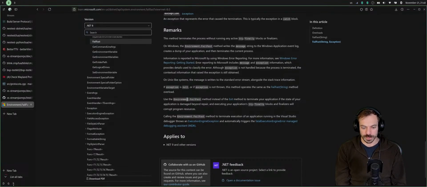Not sure if this is the correct approach to end the application. Calling the Environment.FailFast method to terminate the execution of an application running in Visual Studio triggers a debug exception, execution engine exception, and automatically triggers the fatal execution engine error managed debugging assistant.